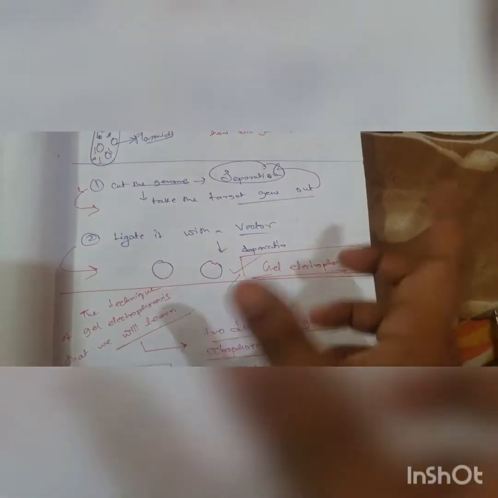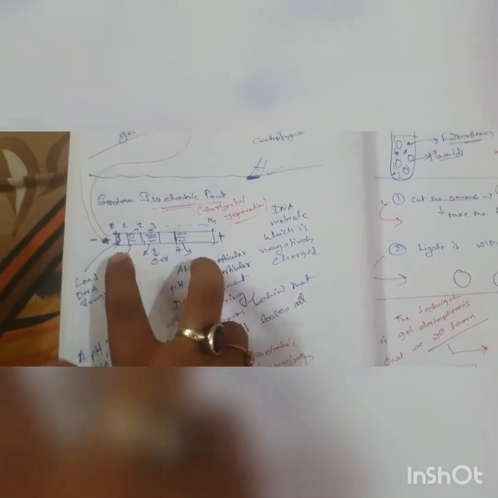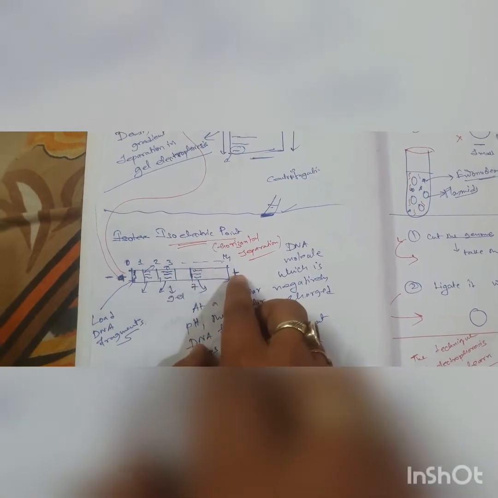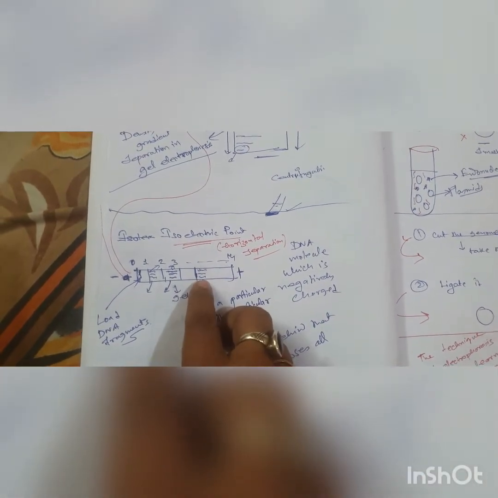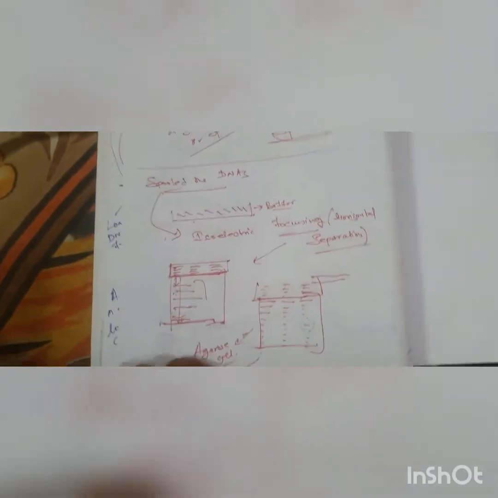In case of gel electrophoresis, what you have to do? You have to take agarose gel. In the agarose gel, at first you have to do isoelectric focusing. Put the DNA and let them run towards the positive end, but they will stop running at some point because they have lost all their charge, and that is their isoelectric point. And take this and put it on the trough, and hence you will get this kind of pattern, and they will separate out. But will you be able to see them with the naked eye? No, you will not be able to see them with the naked eye.